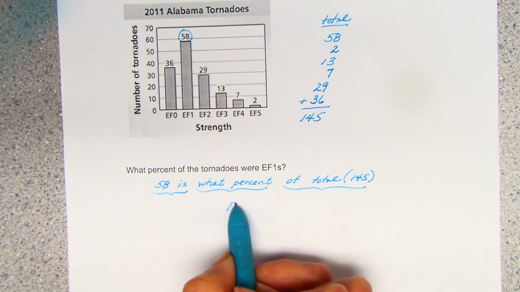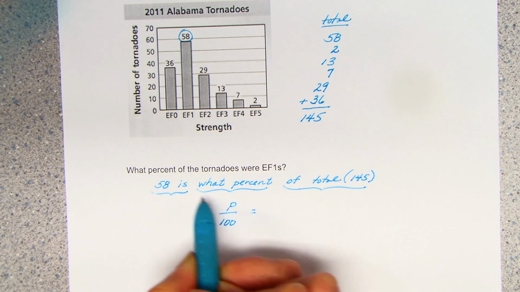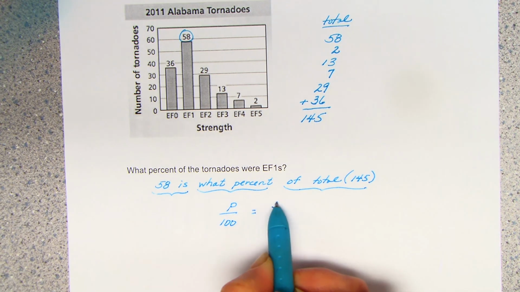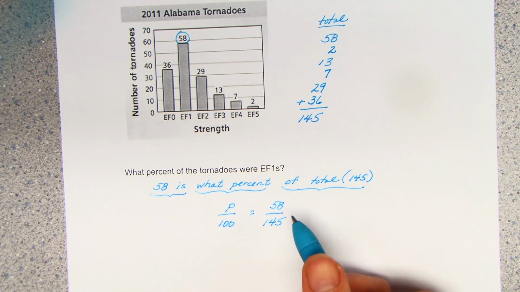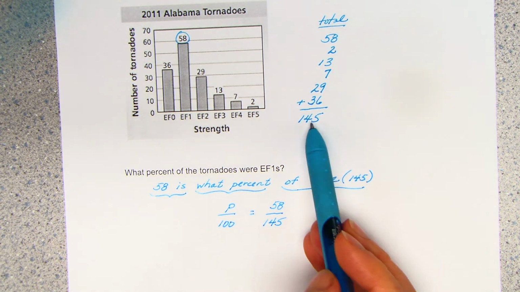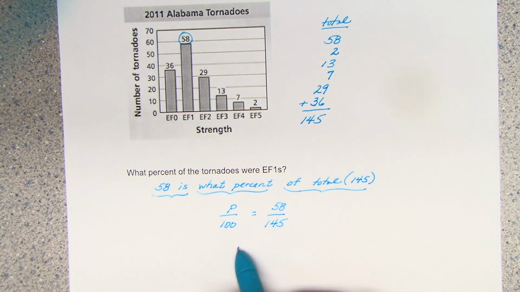I'm going to put P over 100 equals the "is", 58, over the 145, the total. In this case, it's pretty obvious which one is the whole because you added them all together and found that whole. Okay. We've got 145 P is equal to